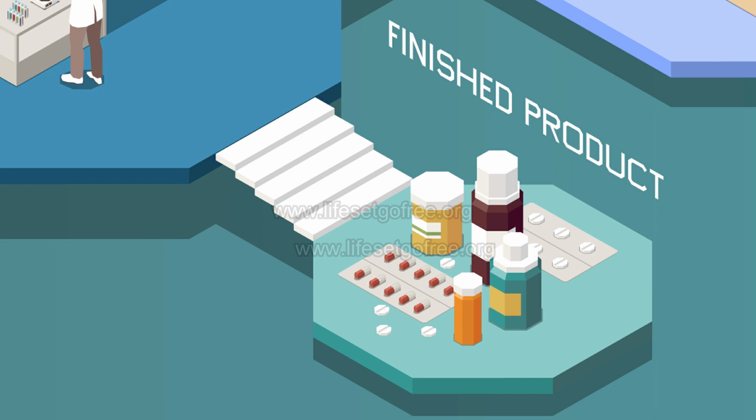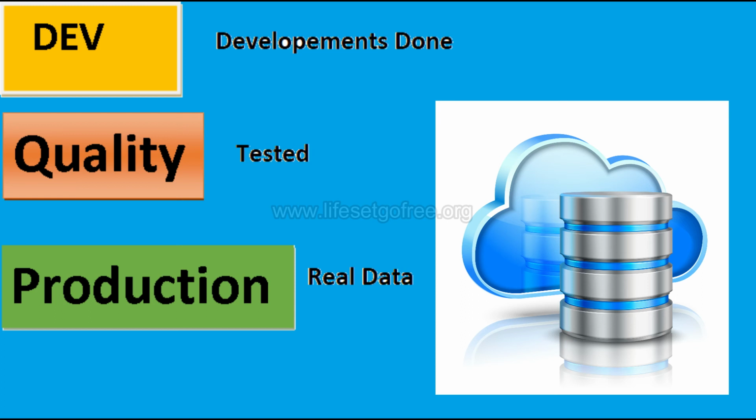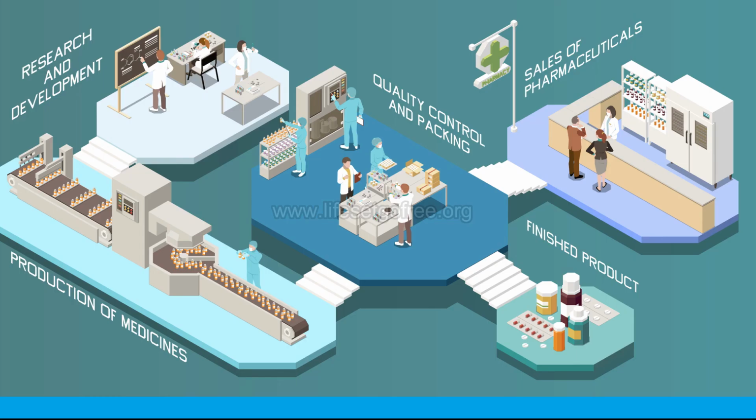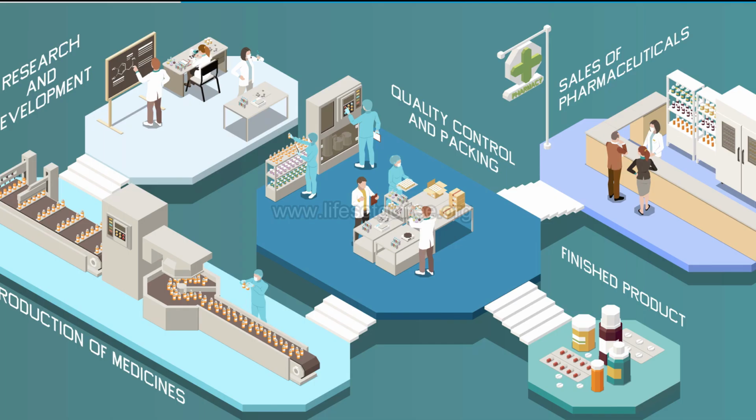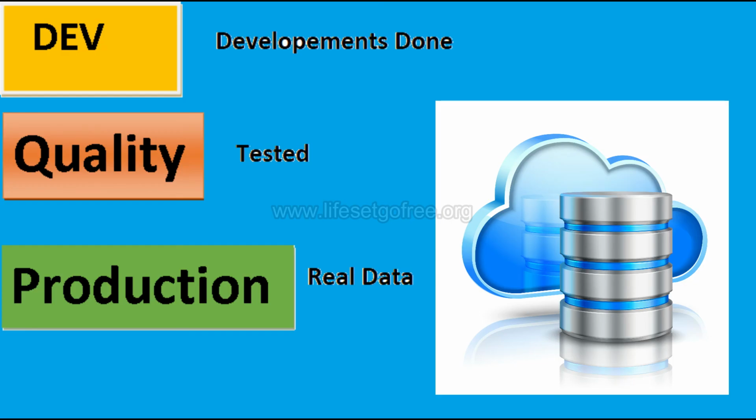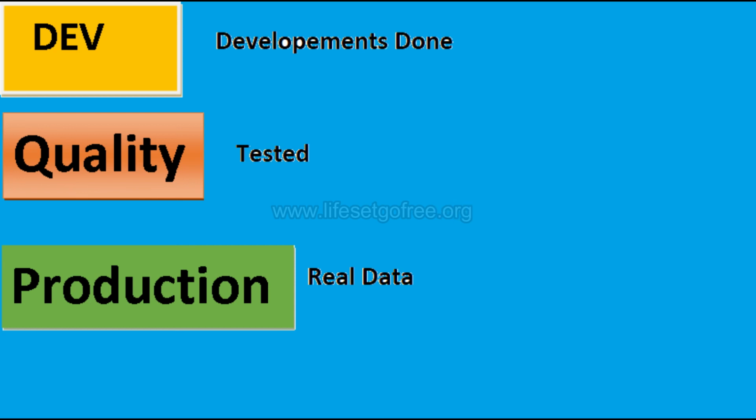First one is the development part, where the developments are being done, and then it is tested in the quality server, and then once everything is okay, then it will go to production server. If it is not okay, we will develop further in the development server and move it to quality and check it once again until it is okay, and then when the quality assurance is done, then we will be moving it to the production. So only 3 parts: development server, production server, and the quality assurance server, QS system. This is the SAP system landscape. That's it.